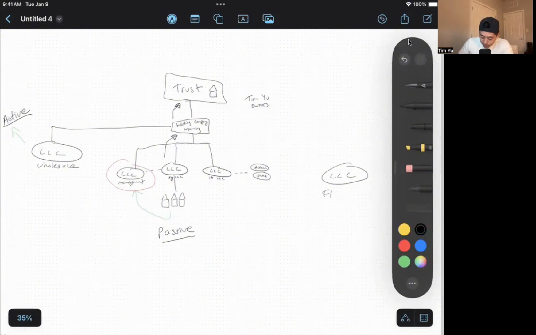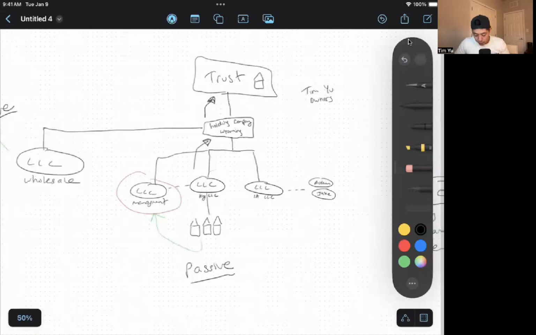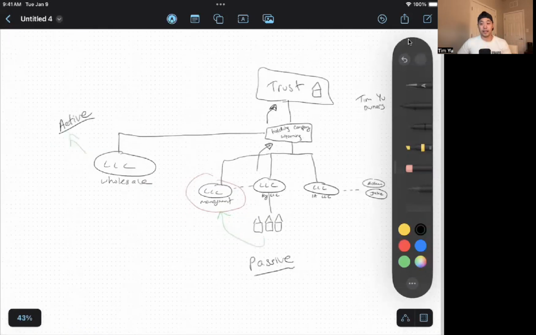It did flips, it did rentals, and it did wholesale. My CPA had no idea how to do my taxes. Like he yelled at me, right? He said, you need to split these up. You need all these different paperwork. Get your books right now. Do the right thing. Start with one LLC if you have to, but start breaking it off to make sure that you're good, right? So let's keep your books clean.